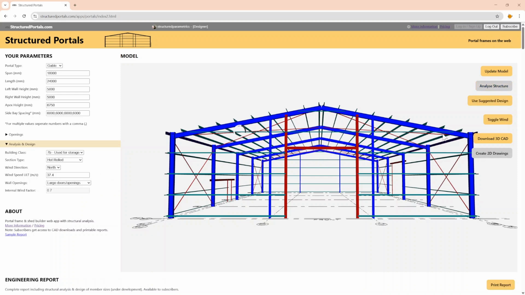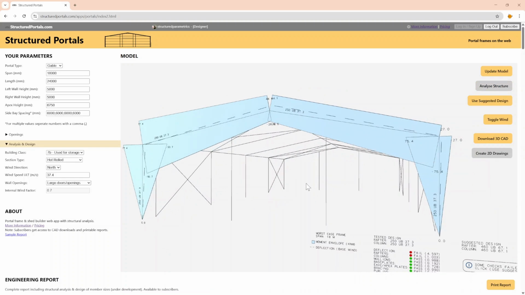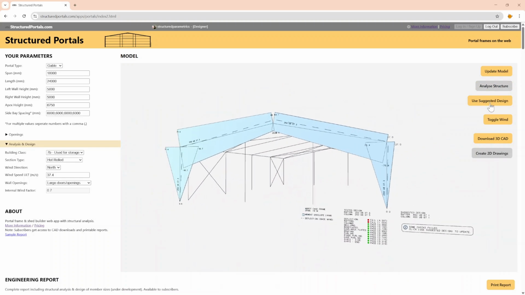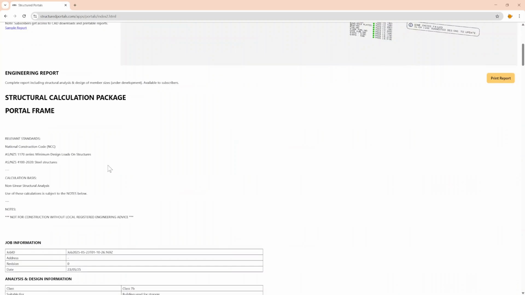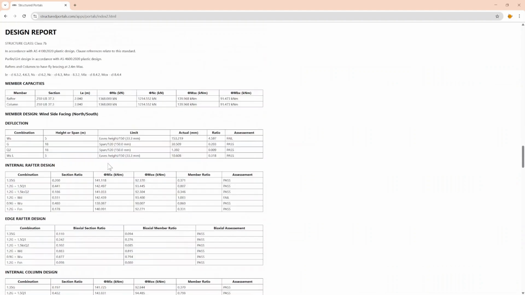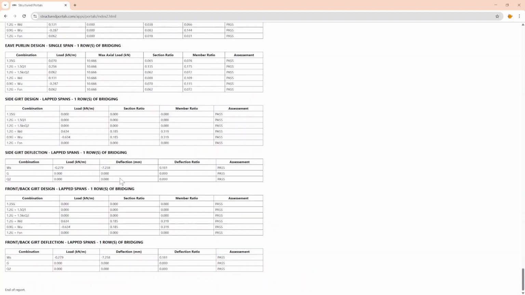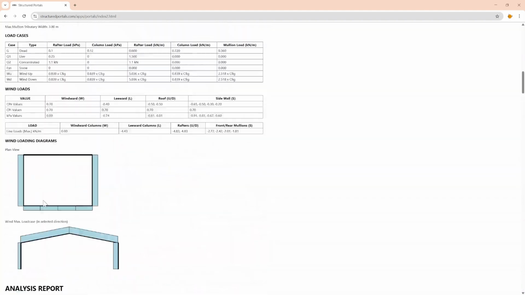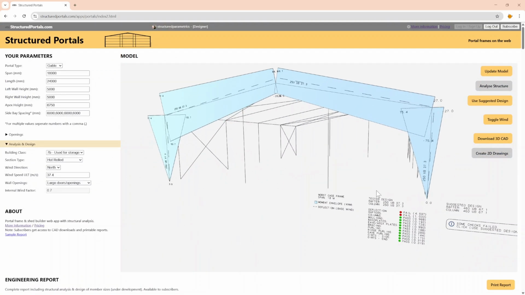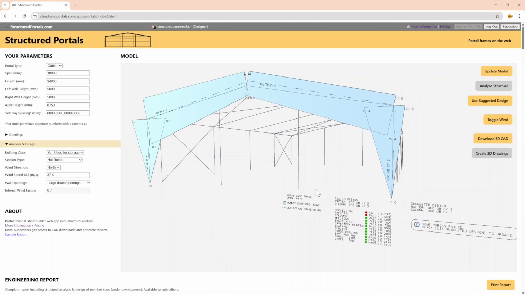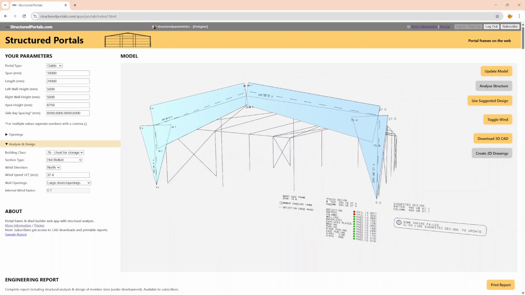And all you need to do to undertake the analysis is click Analyze Structure, and you'll get this screen here, and you'll also get a structural report underneath there, which can be printed out into a report format. But all the information you need to size members is in this screen here. So